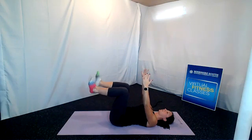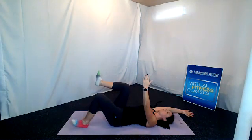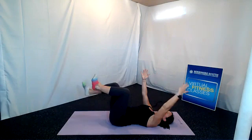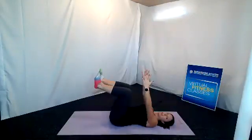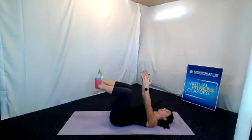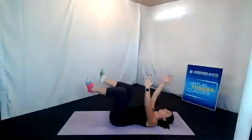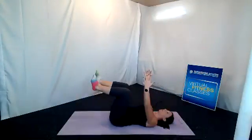From here, we are going to drop that left heel and right arm down to the floor in opposite directions. Then up to center, then the opposite side, and center. That's 1. We are going for 10. That's 2, and 2,